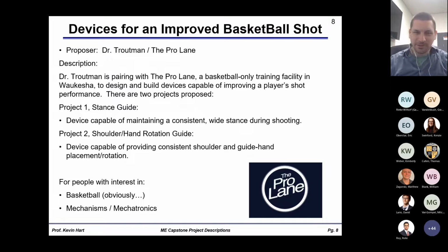Next, for those of you who play basketball, Alyssa, maybe this is the project for you. Dr. Troutman is partnering with the Pro Lane, which is a basketball academy, more or less, based in Waukesha. The Pro Lane has a facility, a gym, basically, that they use to train young individuals who are interested in getting better at basketball. And so they want to partner with MSOE to make two different devices. One to improve your stance during shooting of a basketball, and the other to work on hand rotation and shoulder rotation during the shot of a basketball. So